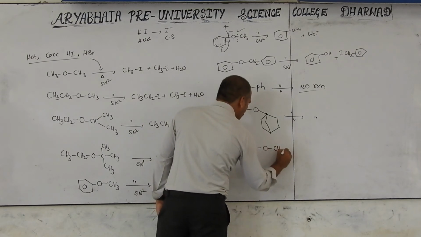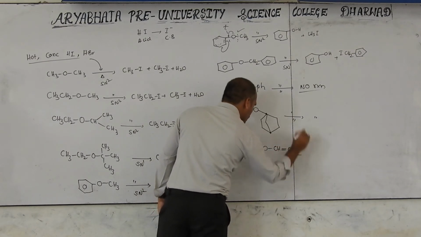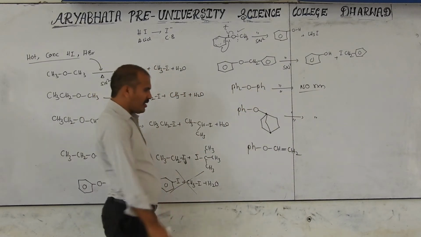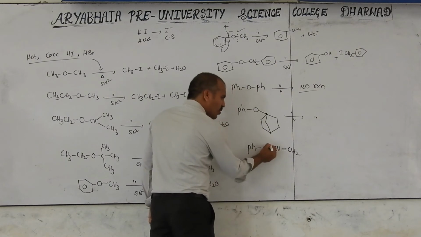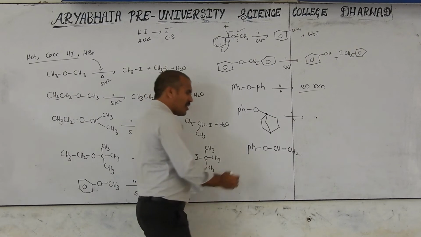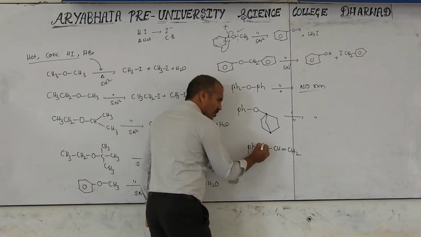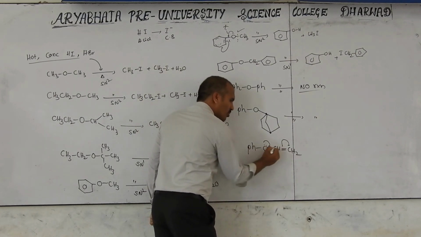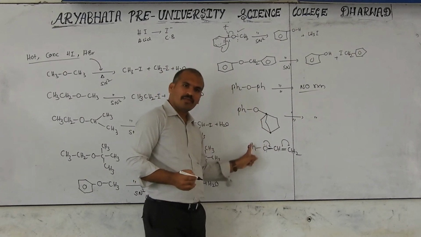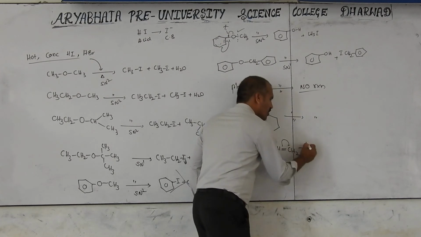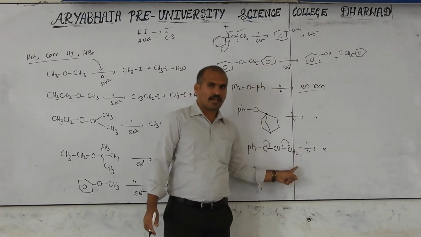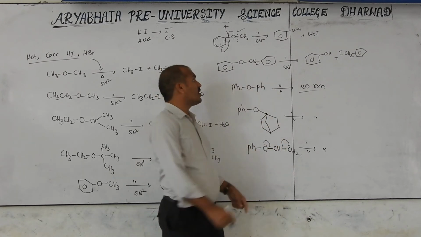Ph–O–CH=CH, if something like this is there. Which type of bond is this? A vinylic bond. Vinyl also does not react. You may know that it has partial resonance, partial double bond character formation here. So this side also does not break, this side also does not break, and here also no reaction. That may be any one, concentrated also, dilute also. These are the three conditions.